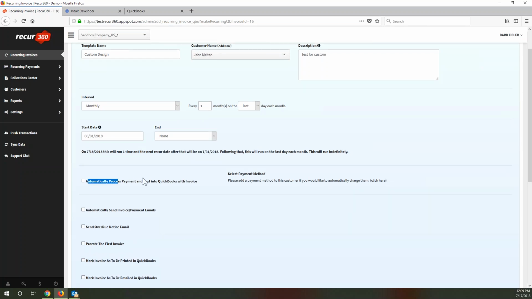In my customer record, if I have saved a credit card form or an ACH form on that customer file, I can ask Recur360 to automatically charge that card when this invoice happens. My little slash shows to me because I don't have any payment forms stored on this customer file, which is